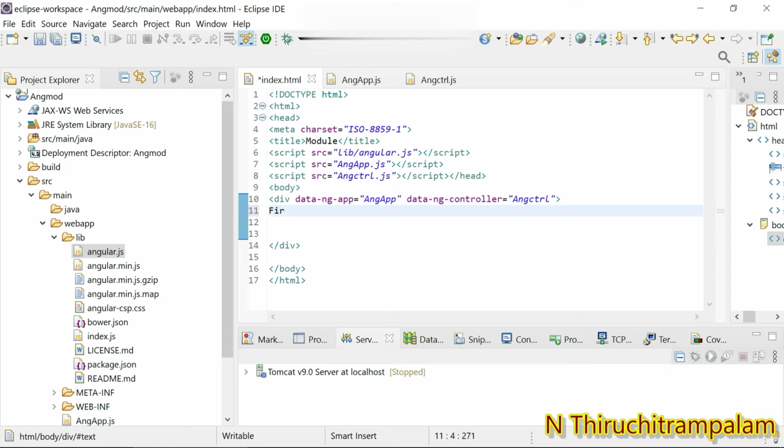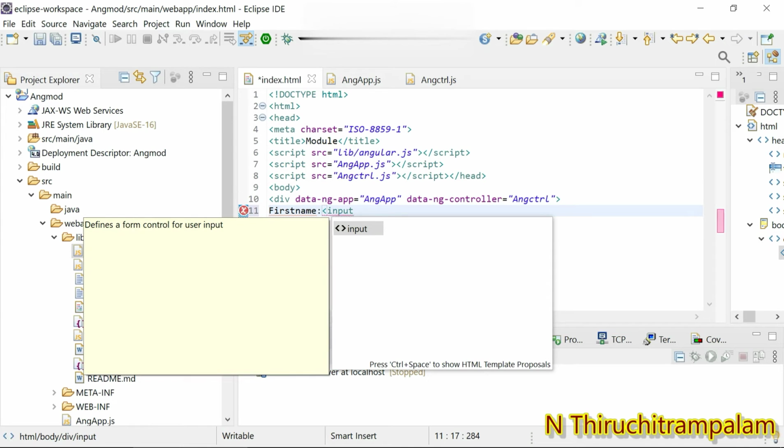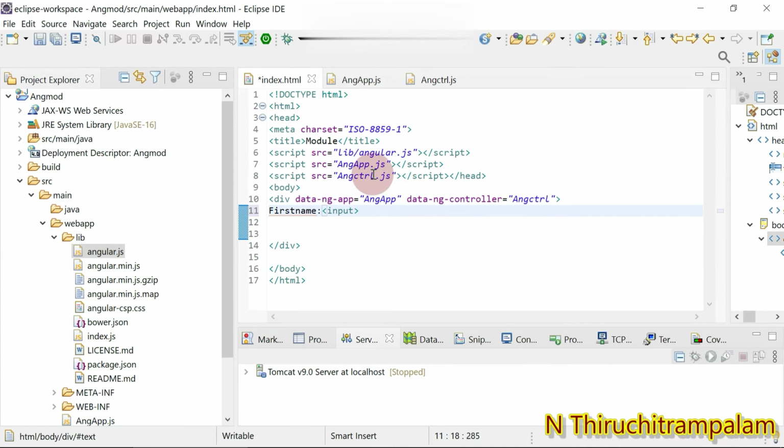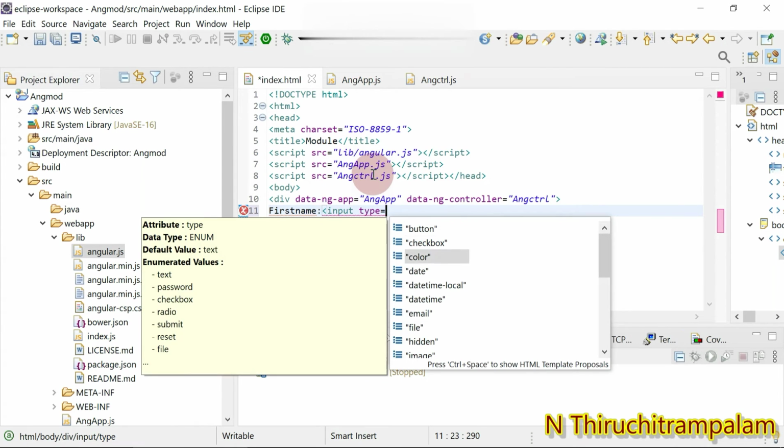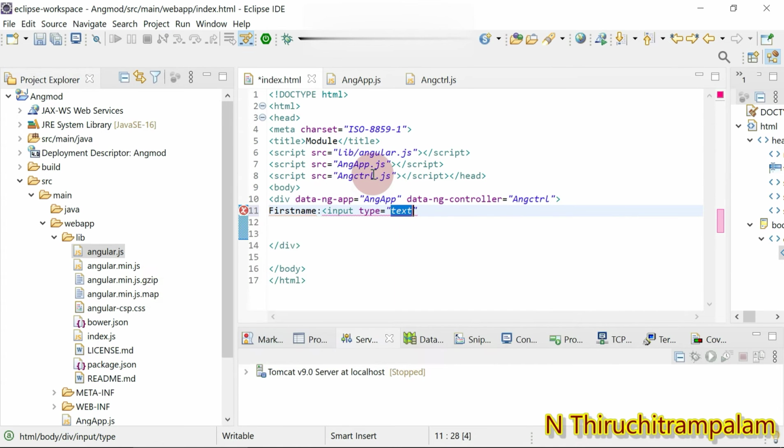I just give a first name. Okay, and then I create input. I just create a text box using the input element. So input, here type equal, when I key in type, you can see the type. Okay,